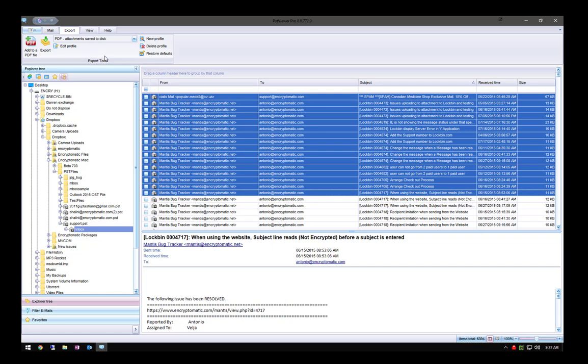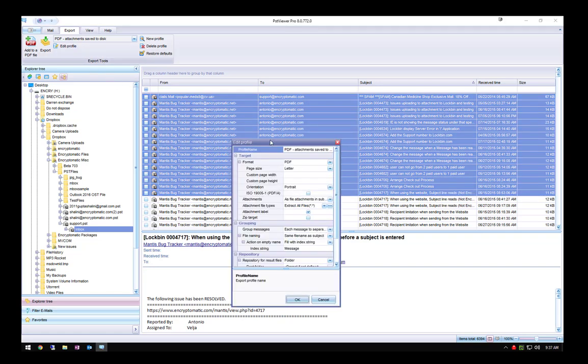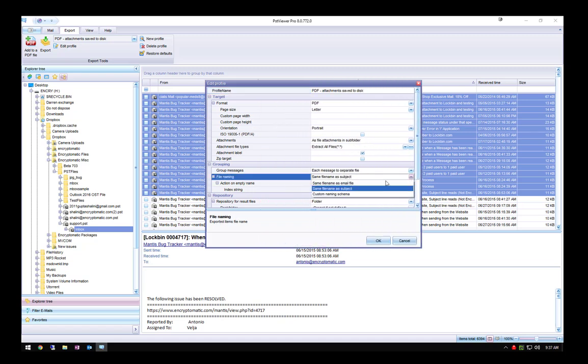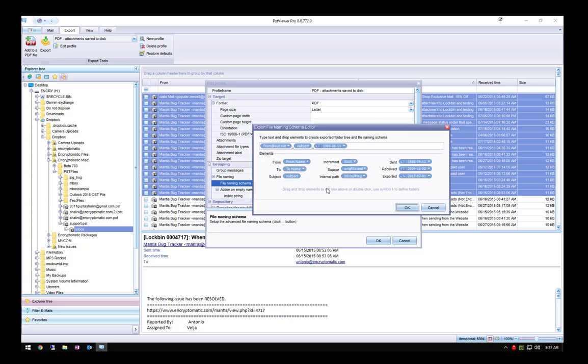to disk. We're gonna go ahead and once again change the naming schema, and this time we're going to include an email address instead of the subject. So we're gonna go ahead and select send date underscore and then send time. Here we go. And then we're gonna put the to name, which should be the email address of the sender or the recipient, I'm sorry. So time, and press OK, and press OK. I'm gonna click on export,